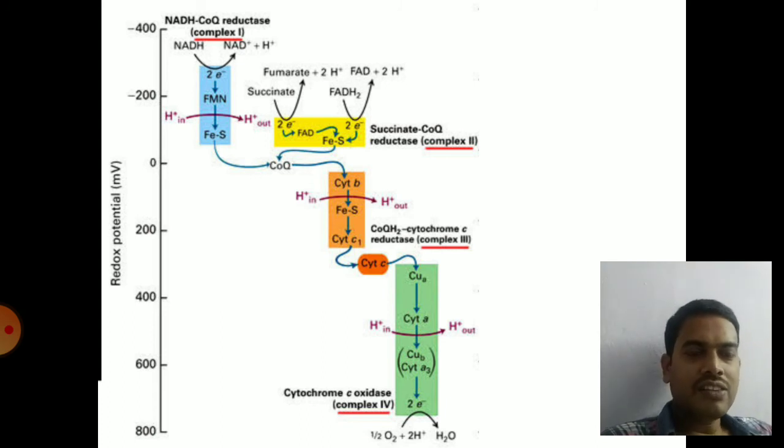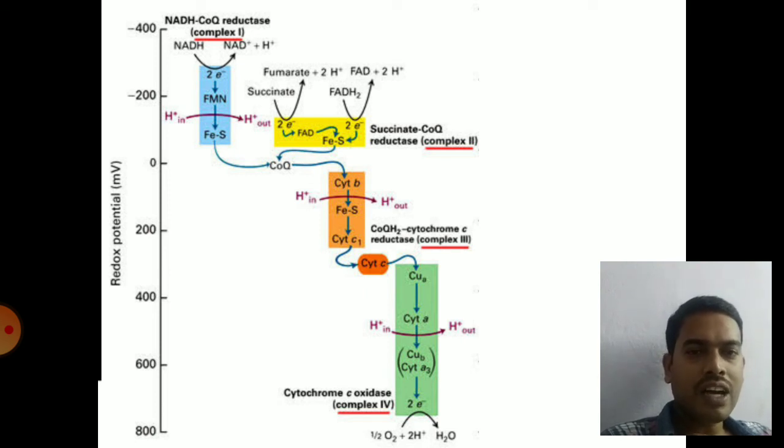Once the electrons and hydrogen atoms enter the electron transport chain, they are transferred through a series of complexes, which we have shown in the previous slides: complex 1, complex 2, complex 3 and complex 4, finally involved in the process of ATP synthesis. And why do the hydrogen ions or electrons have to be transferred from NADH finally to oxygen? In the electron transport chain, the terminal electron or hydrogen ion acceptor is oxygen, where oxygen will be converted into a water molecule. So the terminal electron acceptor is oxygen.